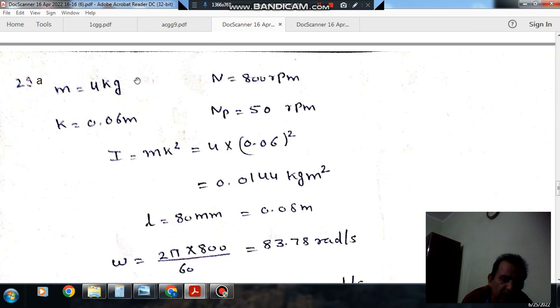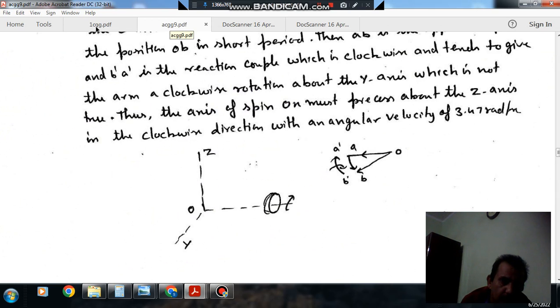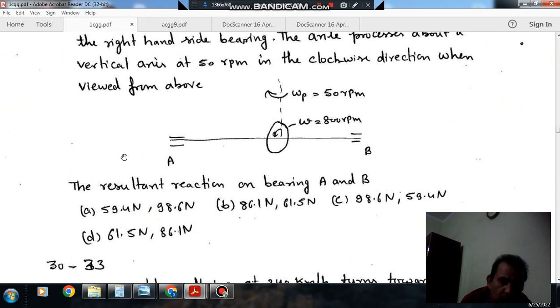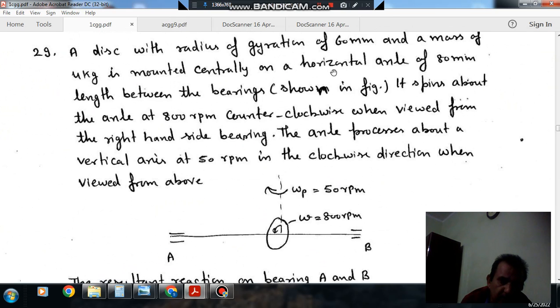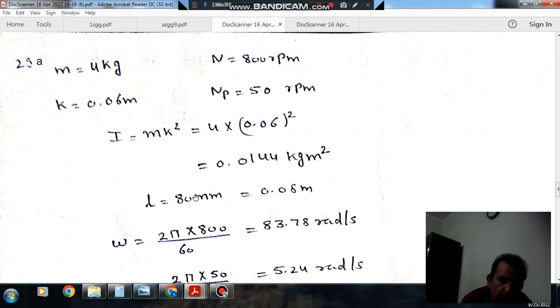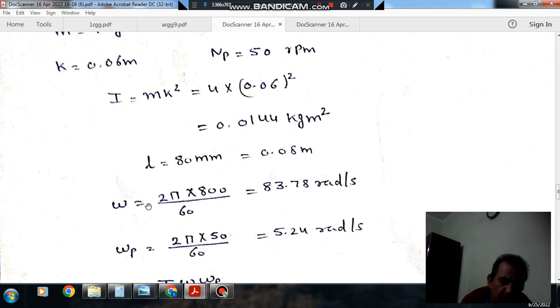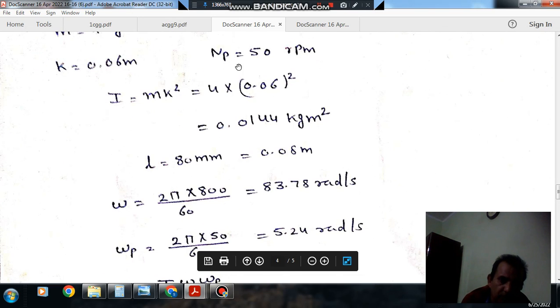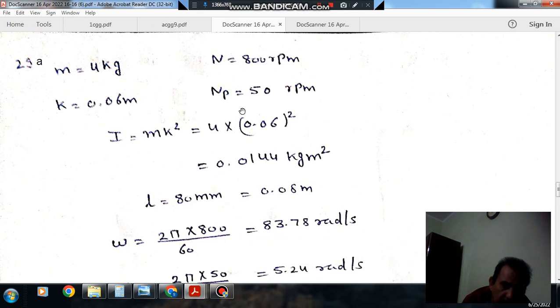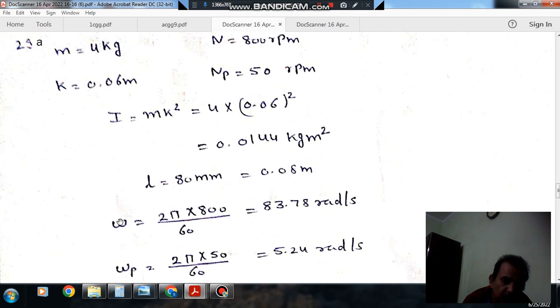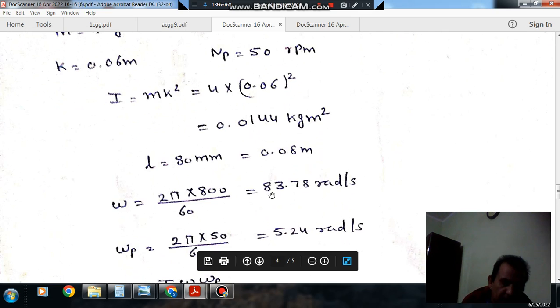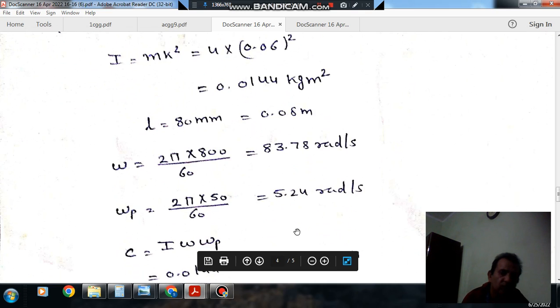So here the mass of the disc is given as 4 kg and radius of gyration is given as 60 mm or 0.06 meter, and length of the bearing is given as 80 mm or 0.08 meter, and omega is 2 pi N by 60 because rpm of the disc is 800 rpm and rpm of precession is 50 rpm. So omega comes out as 83.78 and omega p comes out as 5.24 radian per second, because